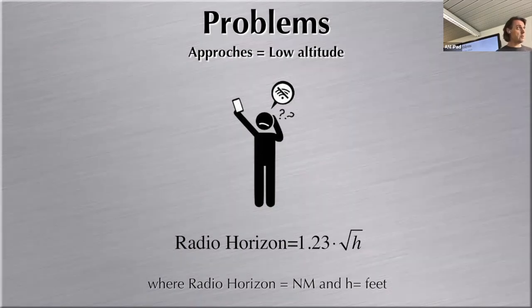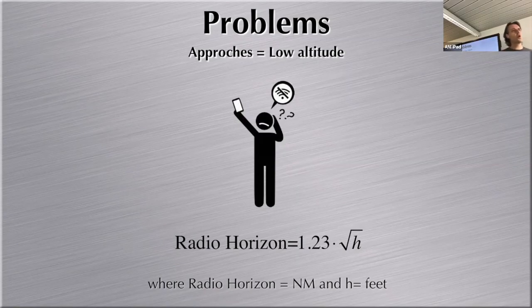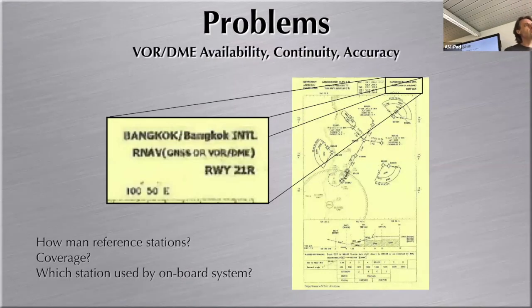And that even does not consider any masking of the terrain or other phenomena that are associated with radio-magnetic waves. But just the theoretical horizon that's possible by these signals is very limited at low altitudes. Eventually, it dawned on people that, hey, wait a minute, this could be a bit of a limiting factor, because if you do VOR/DME as a nav sensor, how can you guarantee there is sufficient coverage